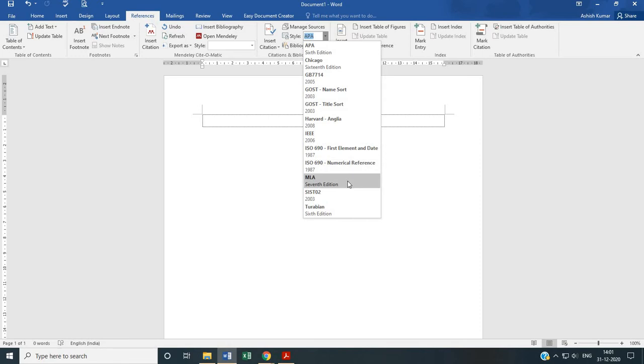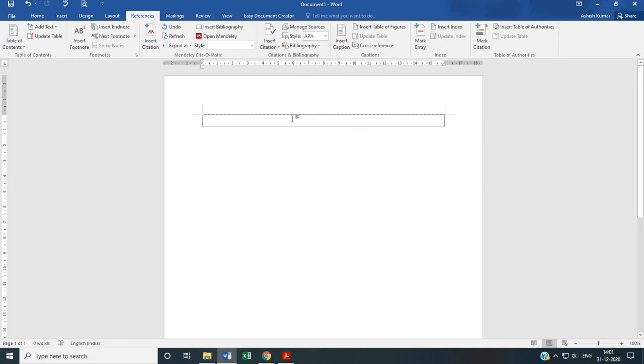It is up to the student which referencing style is required to follow. There are different departments which follow different types of referencing style. So the student is required to follow the same referencing style which the department is following. By default, APA style is provided. And in this video, I am also using the APA style for referencing as well as the citation.